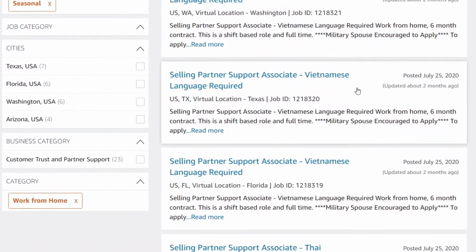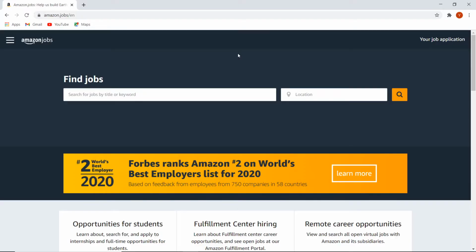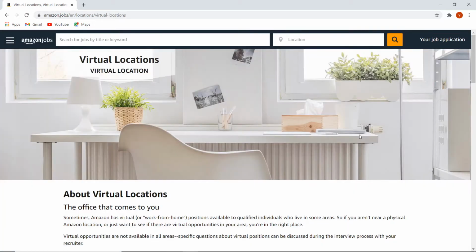Let's get started. Alright guys, so you want to go to amazon.jobs, which will then bring you to this website right here. So you can already see find jobs, but this is not what we're going to be using to find our work from home jobs. You want to scroll down and then you'll see three options: opportunities for students, fulfillment center hiring, and then right there, remote career opportunities. View and search all open virtual jobs with Amazon. So you want to click right here on view remote jobs,